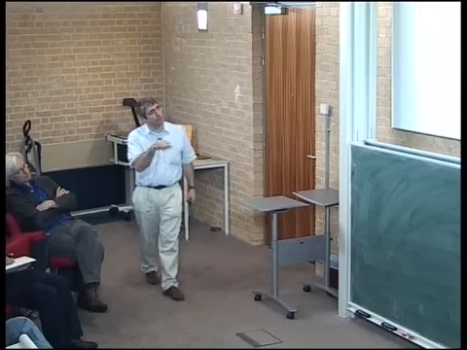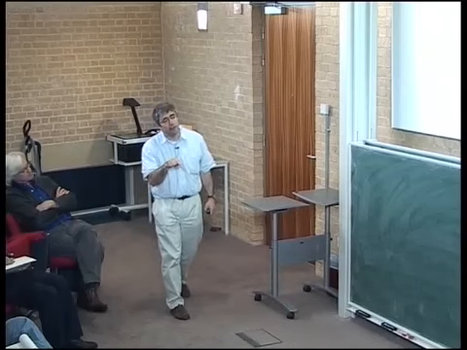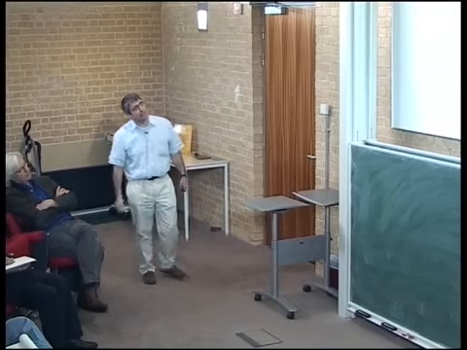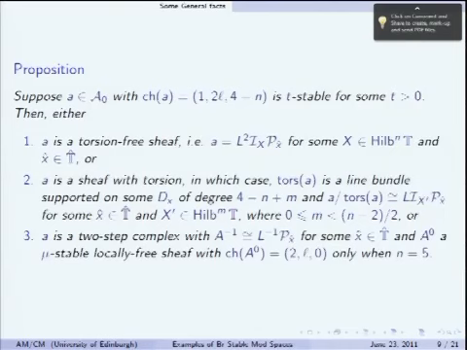Once you restrict it to the genus 2 curve, its degree has to be 4 minus n plus m. Okay, it's a sheaf with torsion. If you mod out the torsion, then it has to be torsion-free, of course, and rank 1, and it's given by m points on the torus. Okay, so this very much narrows down the possible